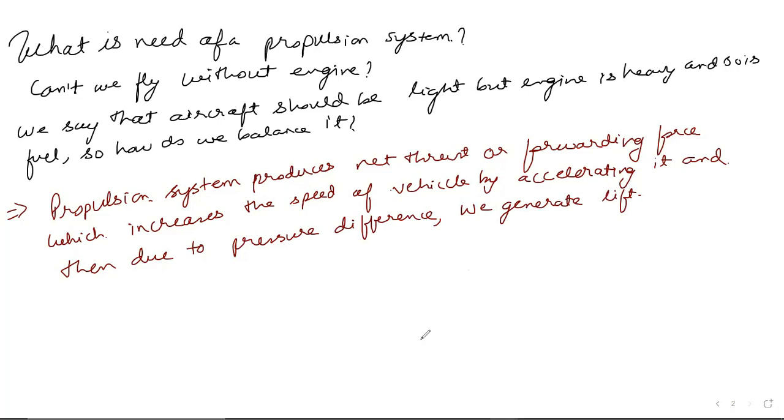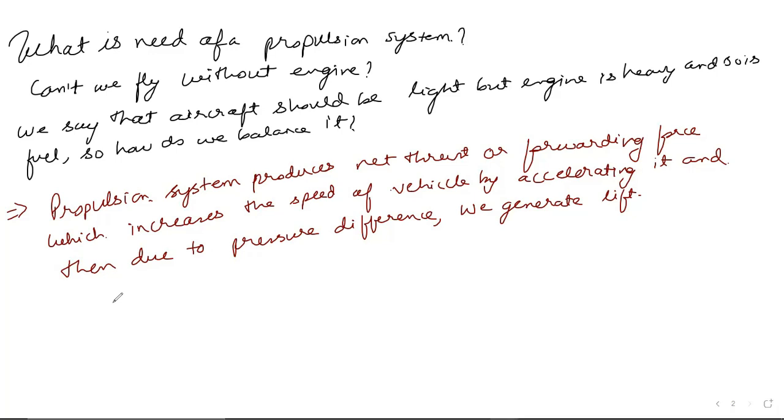Suppose you are not running. In childhood, small kids take a thing called a firki in their hand and run with it, and only then the firki rotates. You have to provide power or something to a vehicle, and only then can you derive some output from it. So lift is a kind of output of the energy that we provide to the aircraft, and this energy is provided by fuel. That's the propulsion system, and fuel is basically managed by the propulsion system.